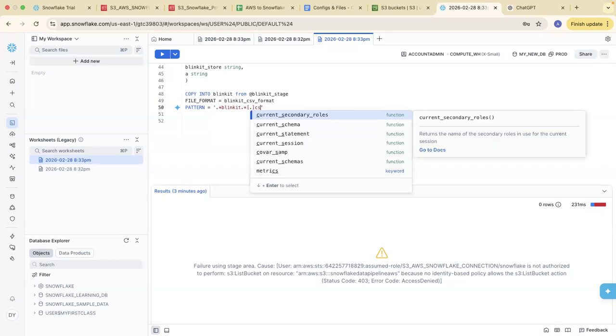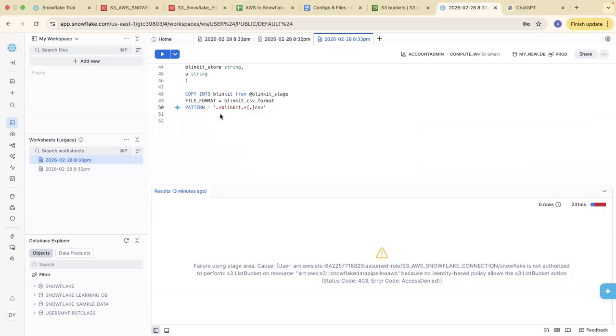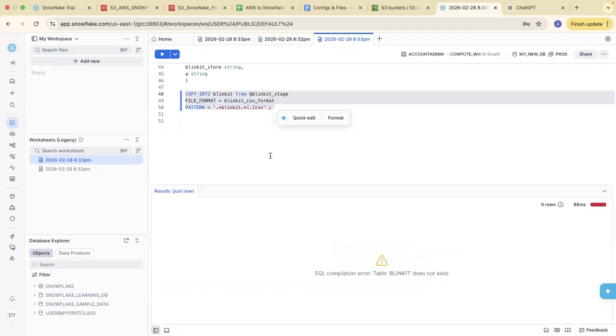So I have given this whole pattern. We have to give a pattern because it has to understand which file to load from the bucket. Once you run this command, your file will be in your table.